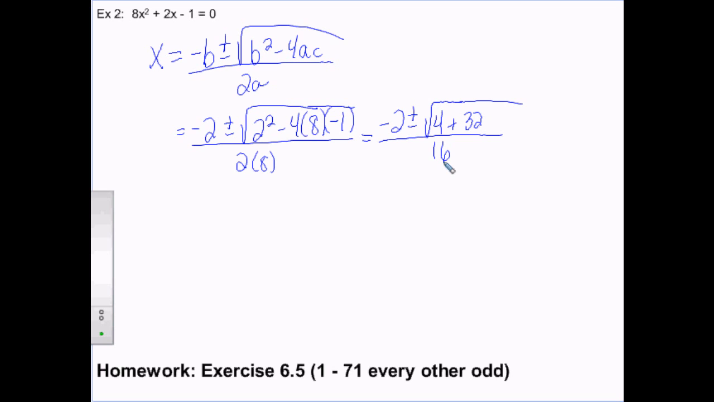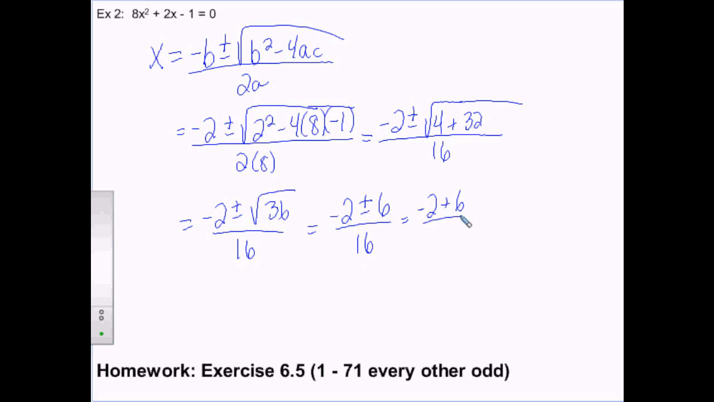2 times 8 is 16. 4 and 32 is 36. Square root of 36 is 6. Negative 2 plus 6 is 4. Negative 2 minus 6 is negative 8. 4 over 16 is 1 over 4. And 8 over 16 is 1 over 2, not 2 over